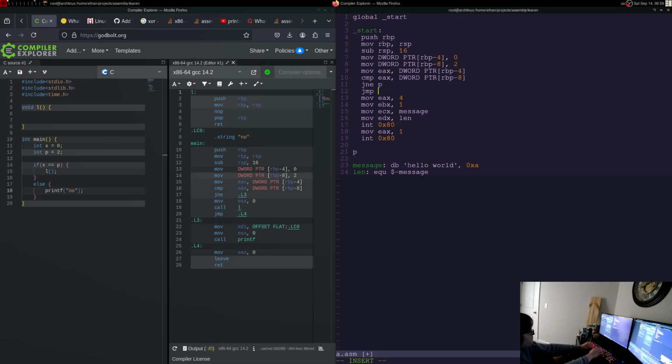Else jump to LP. LP. Then we move EAX to 4 and move EBX to 1, move ECX to our message, so if we come down here,